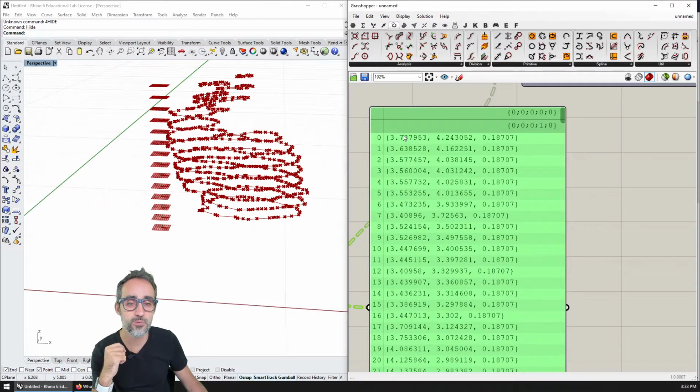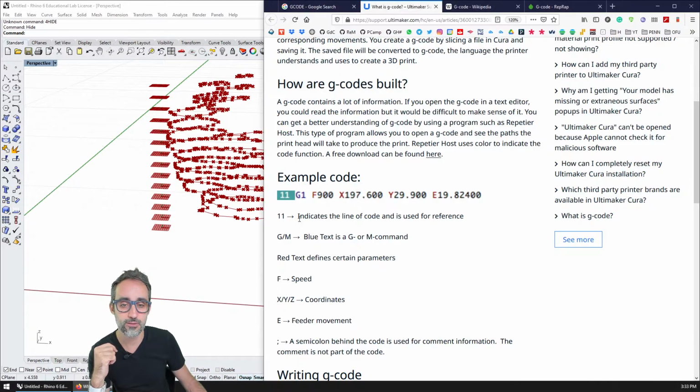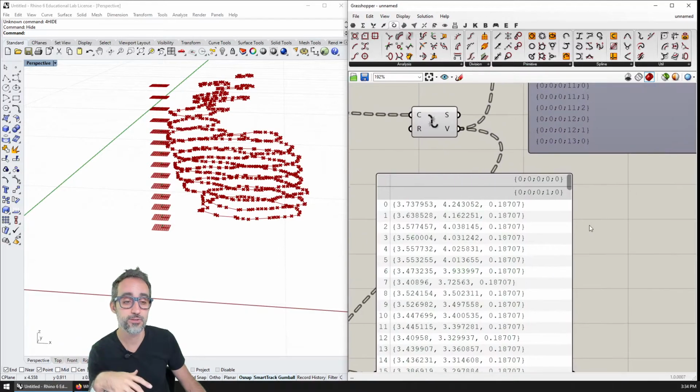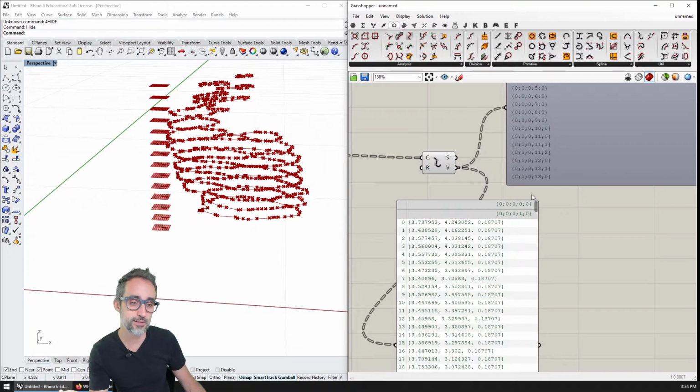And what we need to do is turn each one of the coordinates of these points into something that looks like a G-code instruction. So the G1 to move, and then the X, Y, Z coordinates with their numbers. The only thing that we need to do is translate what now for us is points into a list of text representing the G-code instruction. So this is going to involve a little bit of text creation and text manipulation, which we also haven't seen in this series, but it's really, really easy to do.